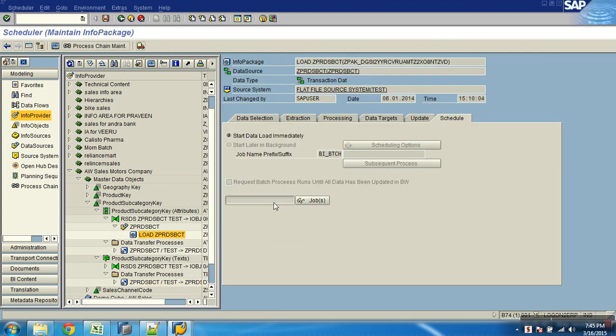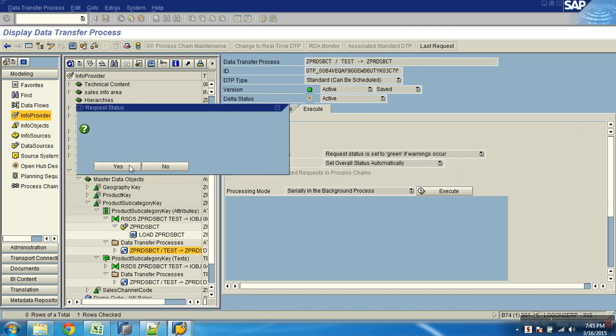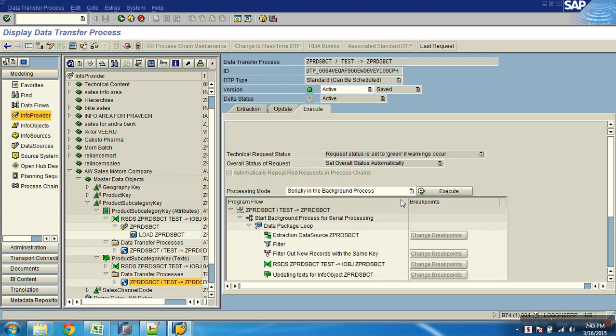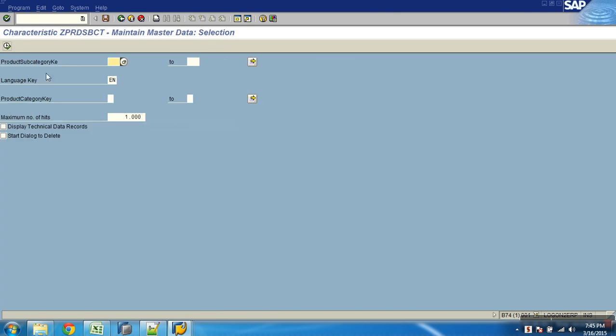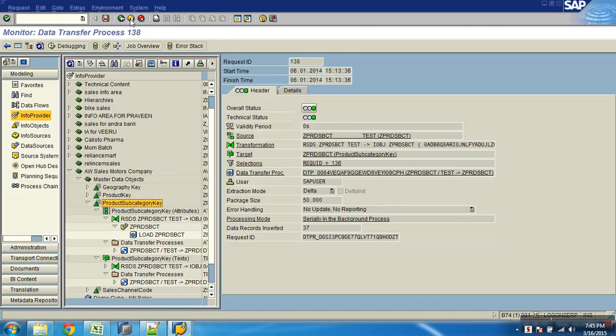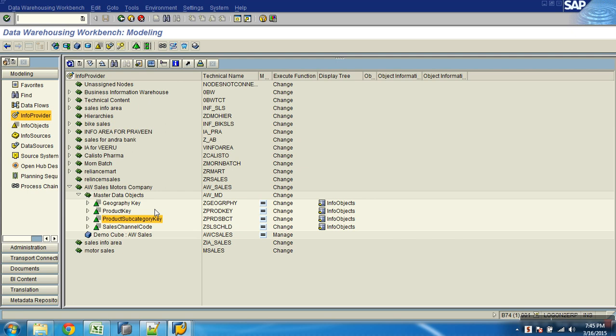Let me just run this out, then run the DTPs. Then maintain master data. Now we have the values. Okay, done. So this is about loading subcategory, and SID is also generated. All that's normal.